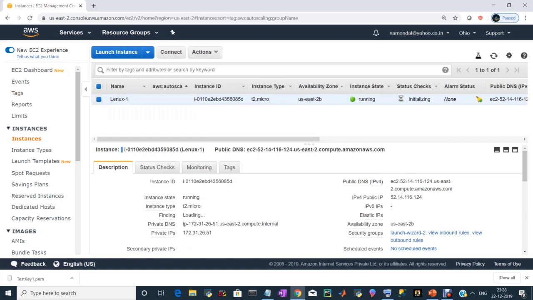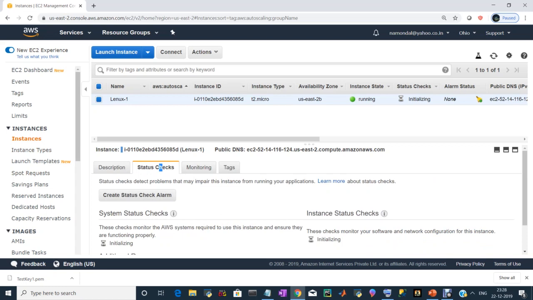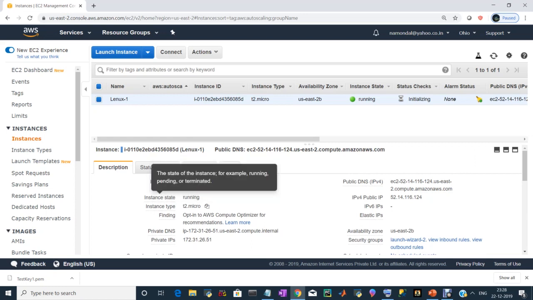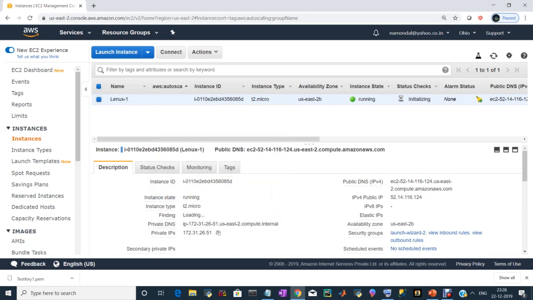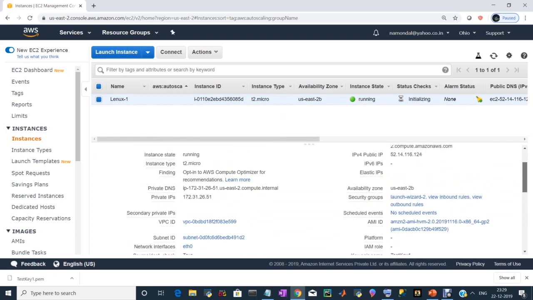Okay, it is in pending state. The instance state is running. Status check is initializing. I'll see the instance description. Status check is still initializing. In the description, it is creating a DNS. It has a public IP. We are going to access that instance through the public IP. Then we have private DNS and private IP. All these things are there. Let it